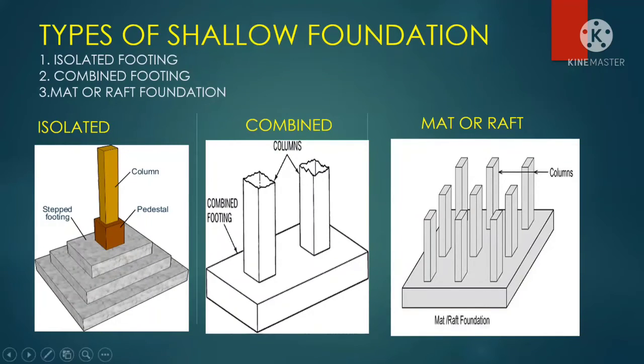Okay, isolated footing, you can see, whenever there is a single column, that time we are going to provide isolated footing. Combined footing will be provided whenever there are two columns which are very adjacent to each other. Okay, and third one is a mat or raft foundation, which we are going to provide whenever too many columns are adjacent to each other, so that we can cover them in one slab. So again we are going to learn it in a detailed manner, because I have described these things in the next slide. Okay,